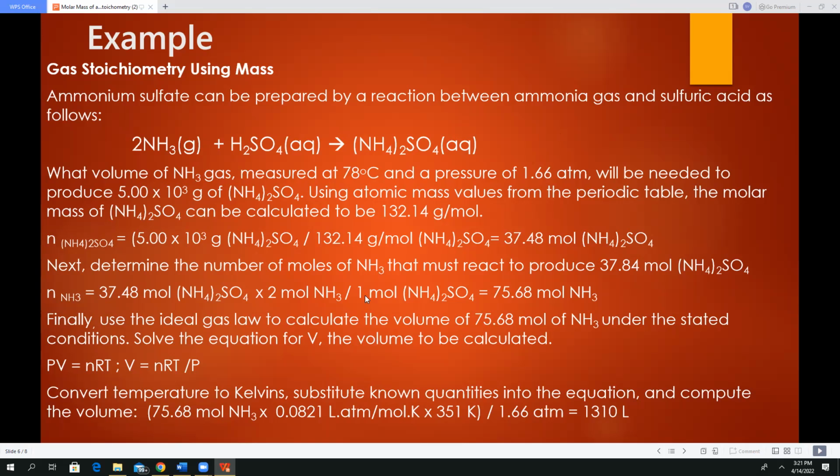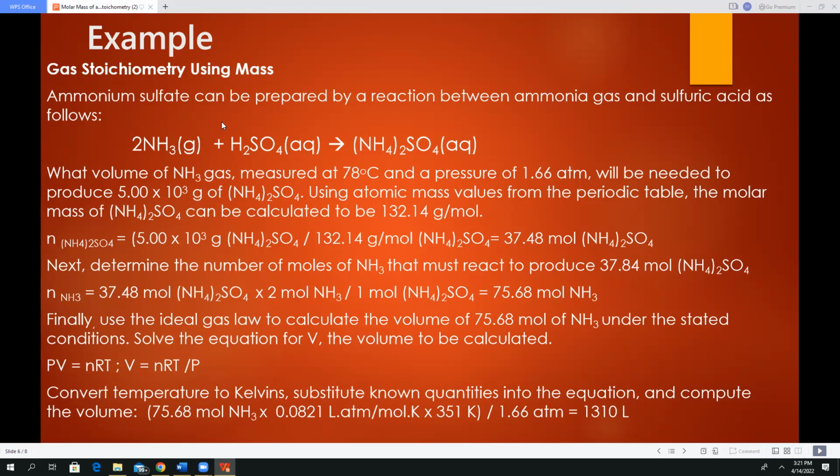In this case, we found it was 75.68 moles of ammonia and 37.48 moles of ammonium sulfate. So what they gave us, you just need to figure that out, and then from the stoichiometry,